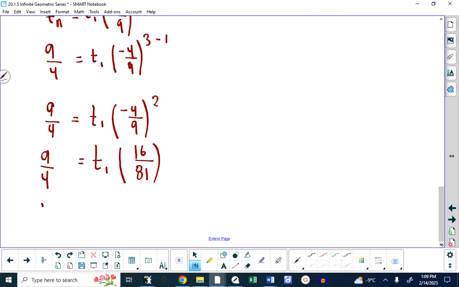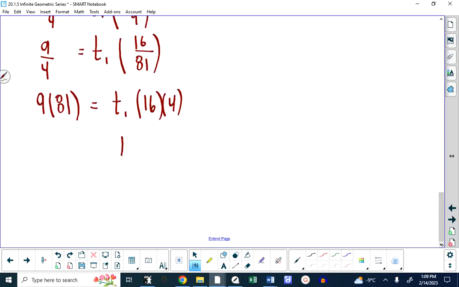You're just going to have 9 times 81 equals T1 times 16 times 4. If you multiply both sides by 4, the 4 on the left cancels and you're left with 4 on the right at the top. And if you multiply both sides by 81, the 81 on the right cancels and you're left with 81 on the top. We can divide now and you get, and this is a bit of a coincidence,